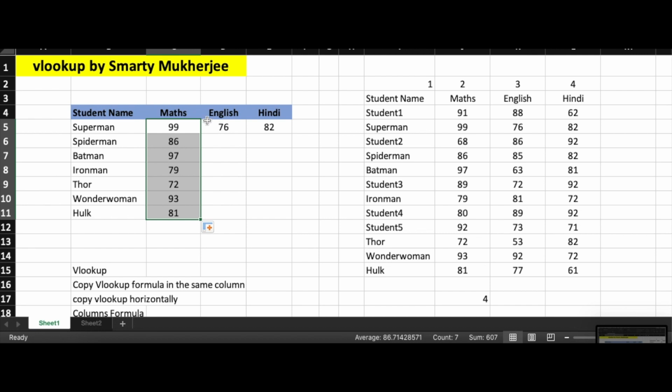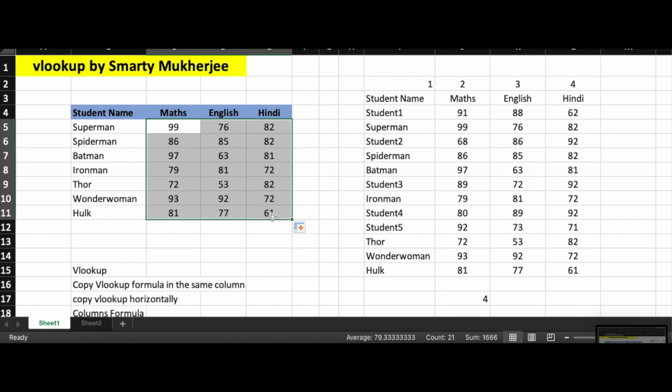Now say I want to drag these columns on the right side. In most cases you might not face any issues just copying this formula column wise or row wise. But when you have a large chunk of data, you might face issues where the responses that you get are wrong. In that case you can use this trick. You can use this formula. It is the same formula, it's just that you have to use a COLUMNS formula in between. I'll show you how.